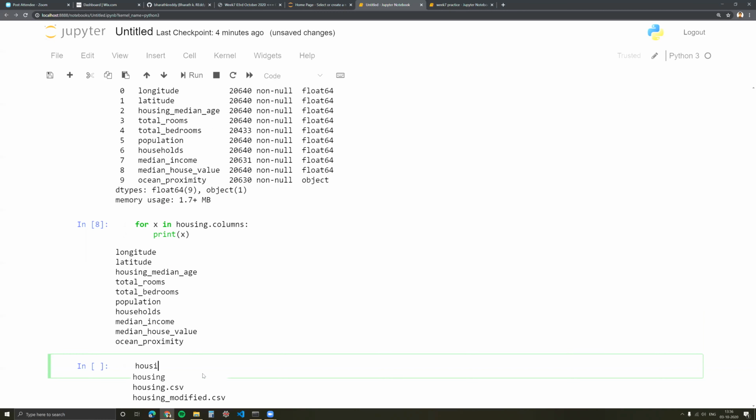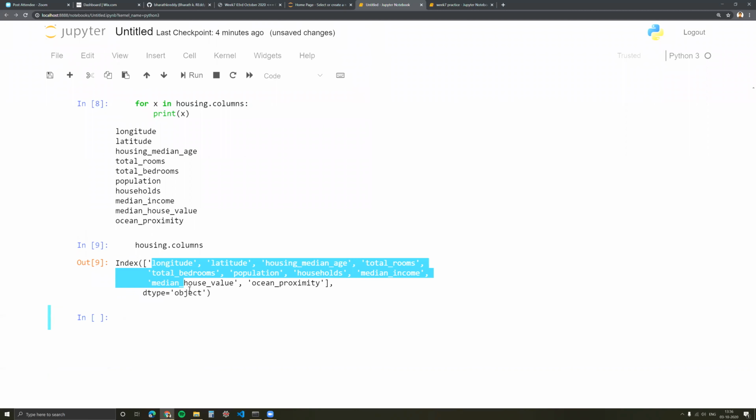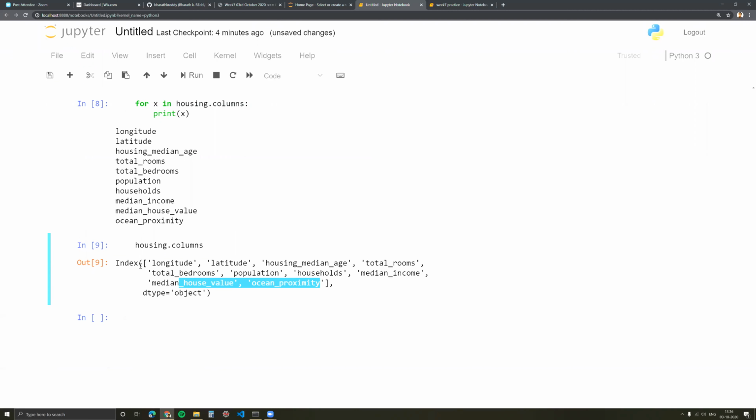Housing dot columns, or any dataset dot columns, would give all the columns. So I want to iterate through it. For any variable x in this, print x. This statement goes one by one into each of the things in housing columns. What are the things? Each of these column names. And then I've just printed.